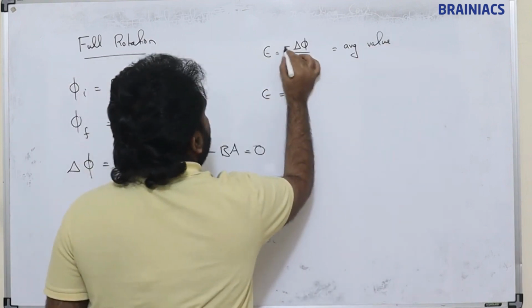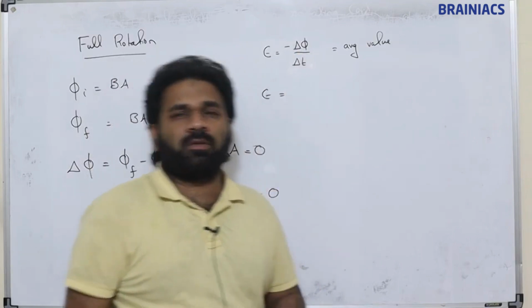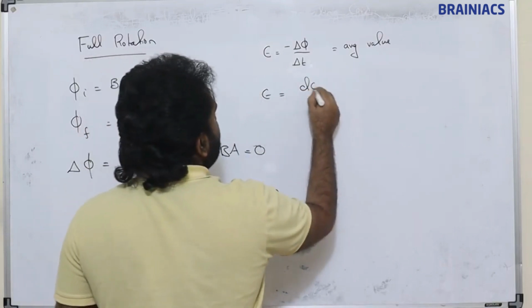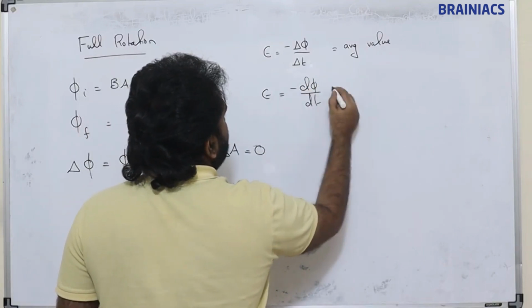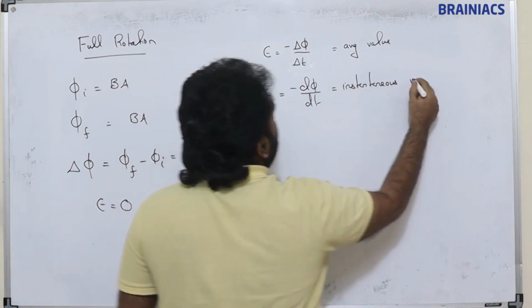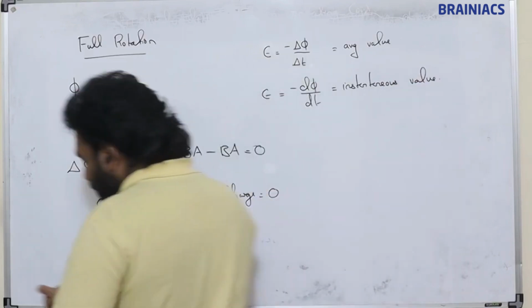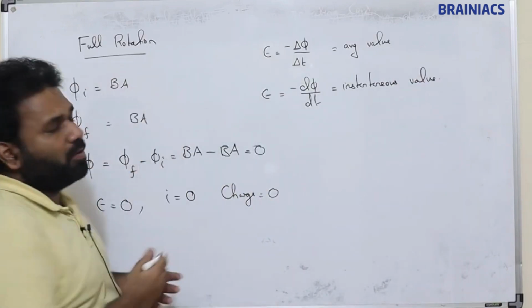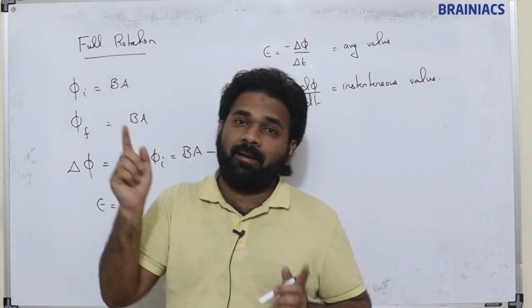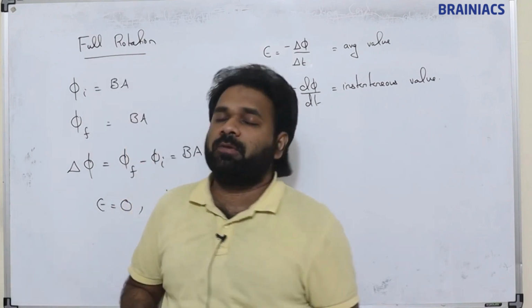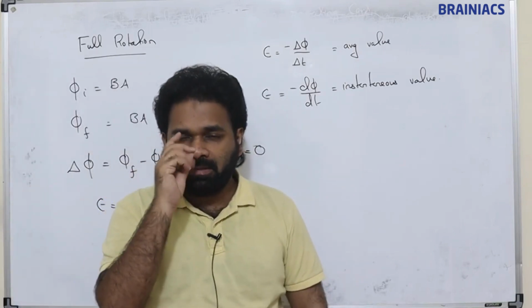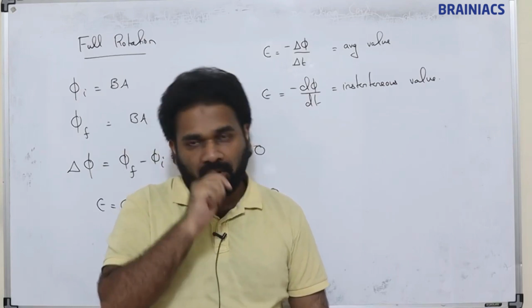E is equal to, negative will come, but we don't mind negative much, because the direction of current we will take from Lenz's law. So E is equal to d phi by dt. This is the instantaneous value. So the average value we will get as 0 for full rotation. For a full cycle or full period, definitely we will be getting the average value as 0. Instantaneous value means at a particular instant, what is the flux if we try to measure,